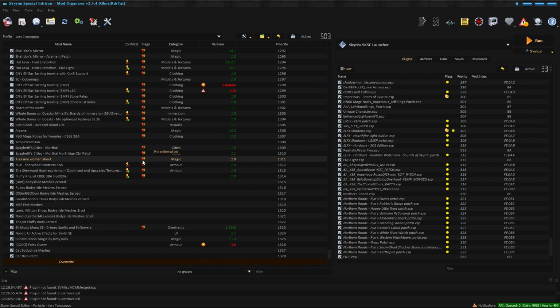I probably didn't do a good job of explaining how everything gets put into your overwrite folder. Everything, like I said before, from your Creation Kit. If you're making a mod and you run Creation Kit through Mod Organizer 2, like right there, and you're creating a mod, all the edits that you do, all the things you make, the folders, the ESP file, everything gets put into your overwrite folder. And then you can just bundle your mod up from there. Nemesis, BodySlide, all that stuff goes into your overwrite folder,